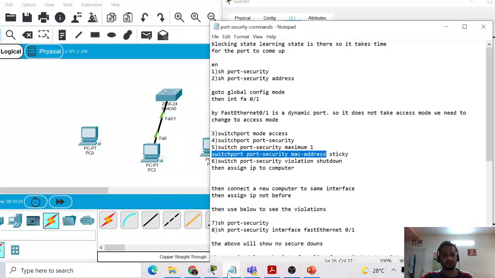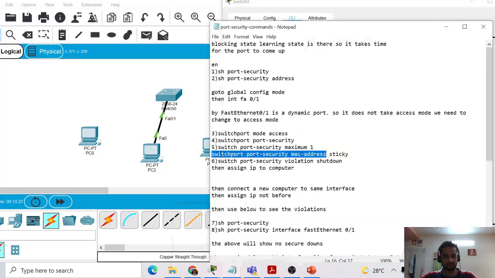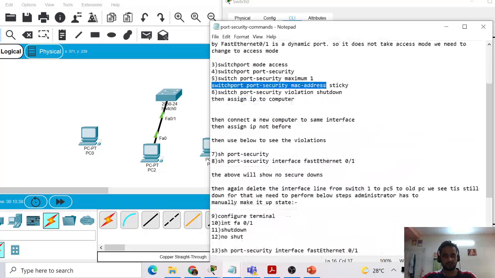Now I will show one command which will help to remove the port security.